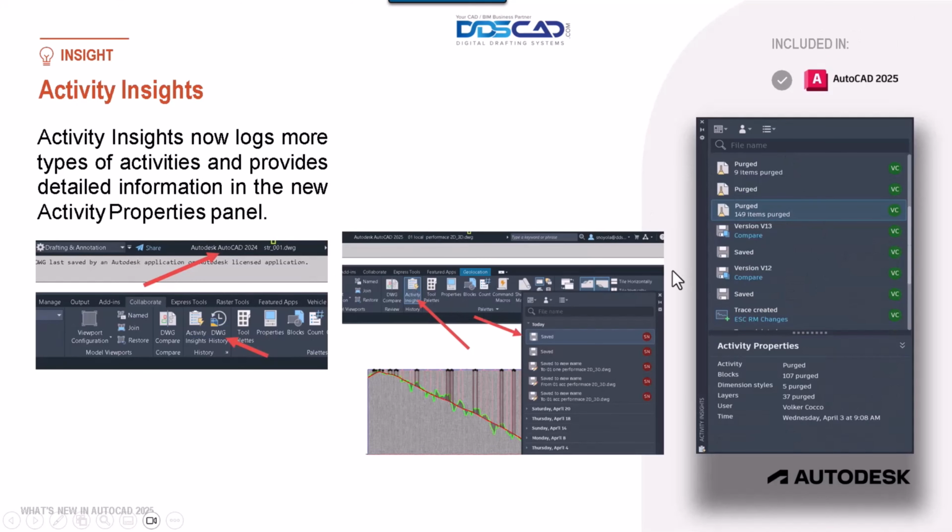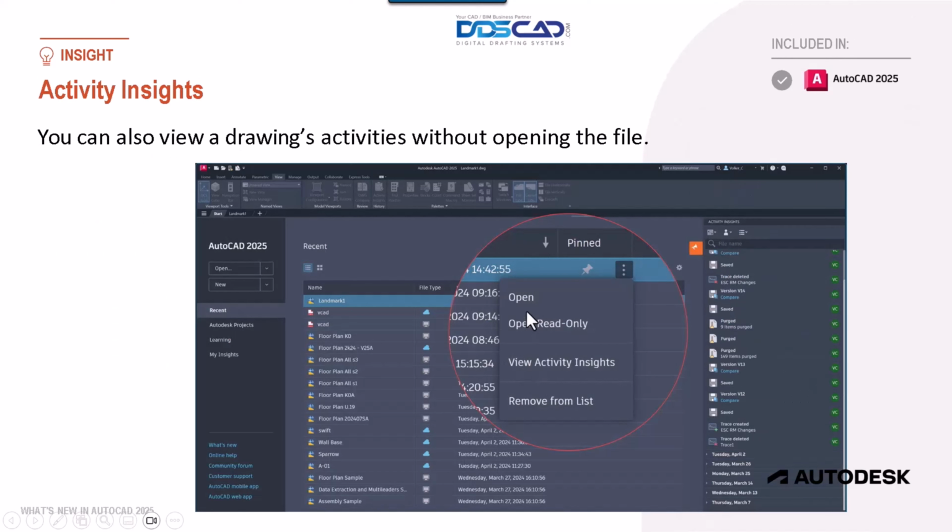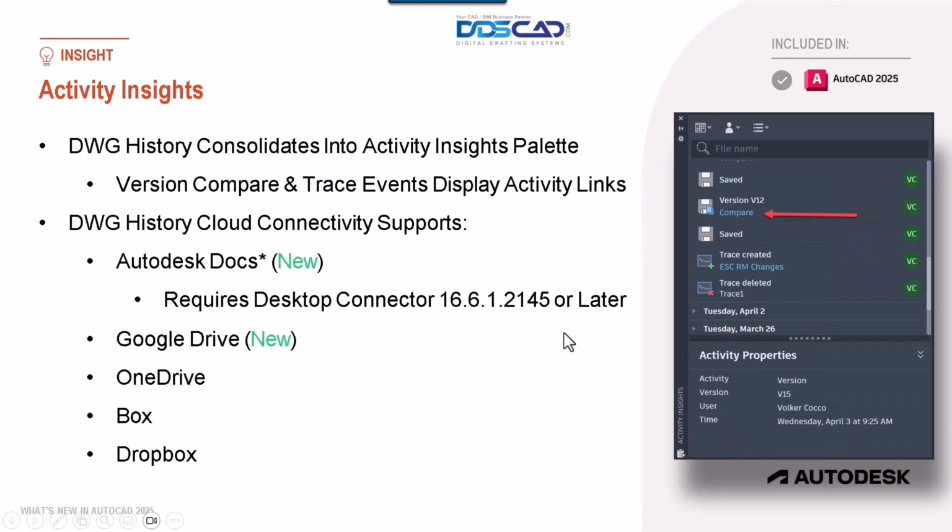At this location, we have access to the files. We are able to preview activity insights prior to opening the file. To enable this option, we just locate the ellipsis, right-click, and select it. The change that has been made is the consolidation of DWG history within Activity Insights, which can now be found